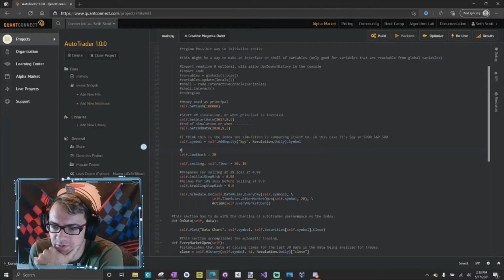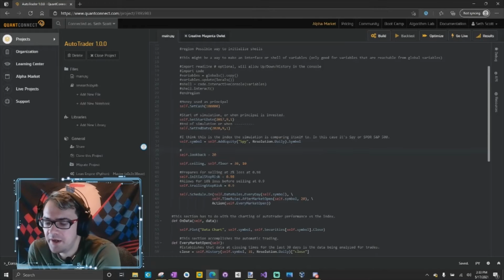Self look back 20. Not 100% sure what that means. Ceiling floor 30 and 10. So I guess 20 is the range, and 30 days and 10 days are like where the range starts and ends for self-analysis of the portfolio. It stops risk if it drops like,